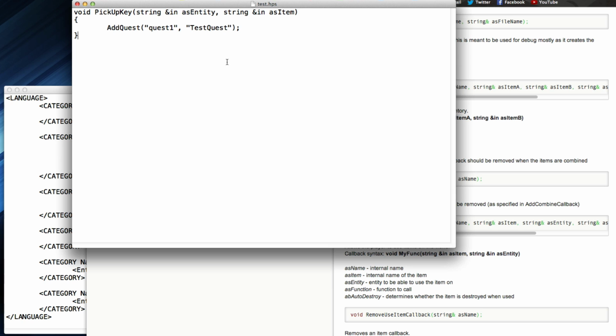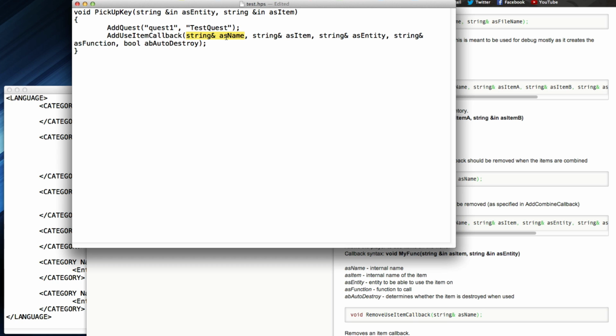So this one could be anywhere. If you put it in the same block here, it will only allow you to use the key after this block has run. So I'm actually going to put it in here because I don't want to make an on start, but if you wanted to be able to use this key from the start, just put it in the void on start. But in this case I'm just going to put it in here.